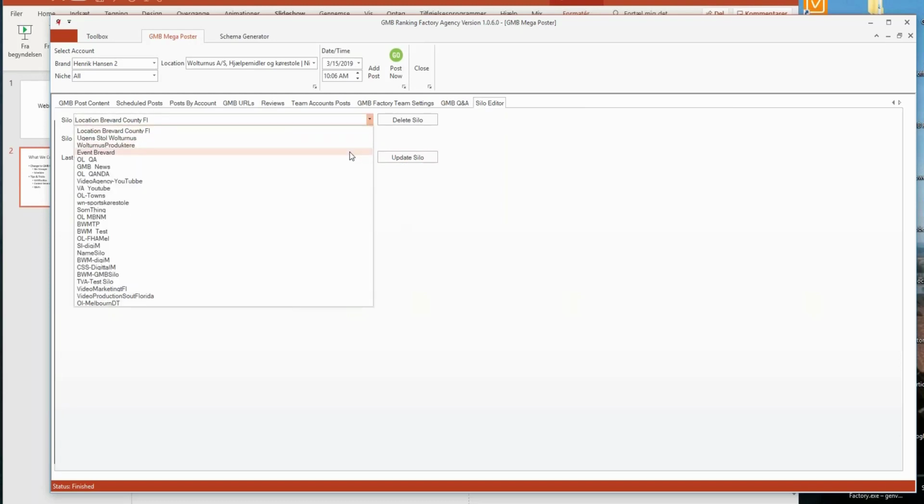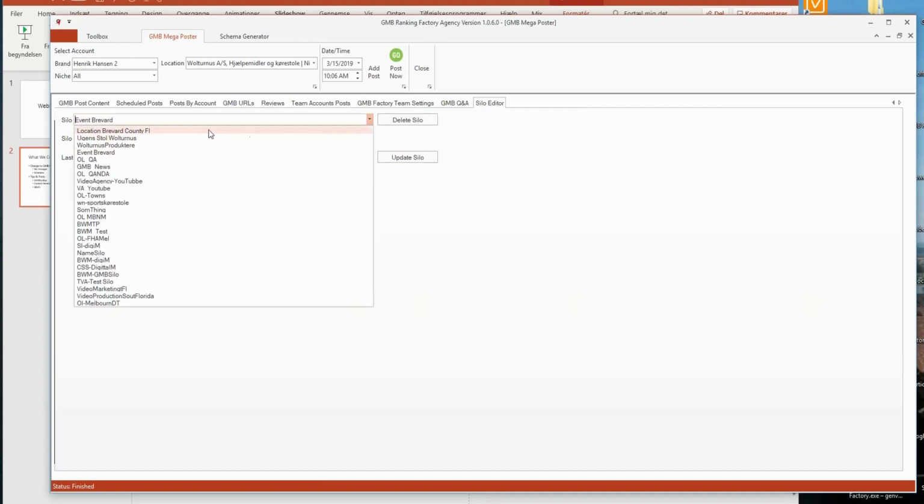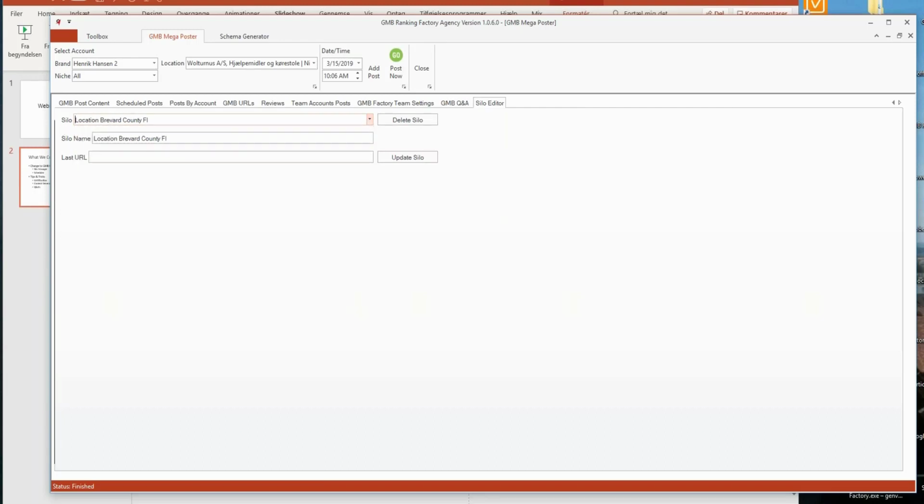And next time when I'm going in and choose the silo, you can see I've changed the name here. But what you also can see is that there's no last URL in this silo. So if I choose the silo, it will fail because I didn't put in a last URL in it. So what I can do, I can go back to my